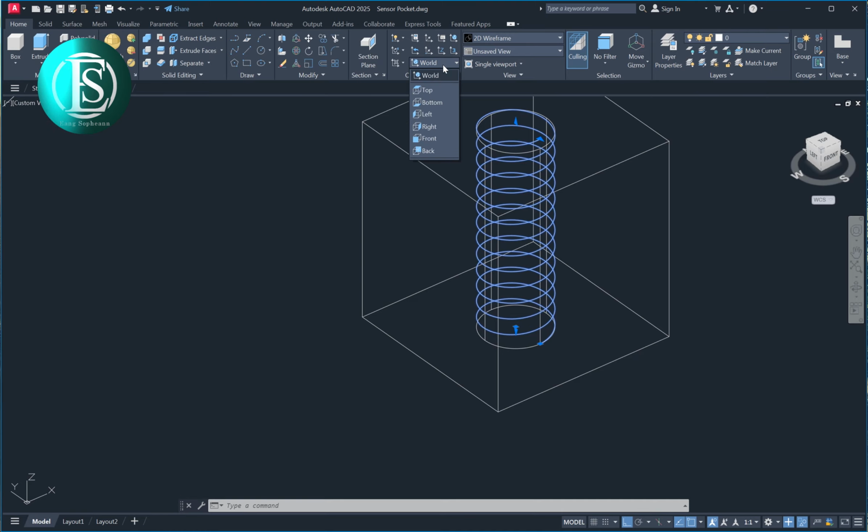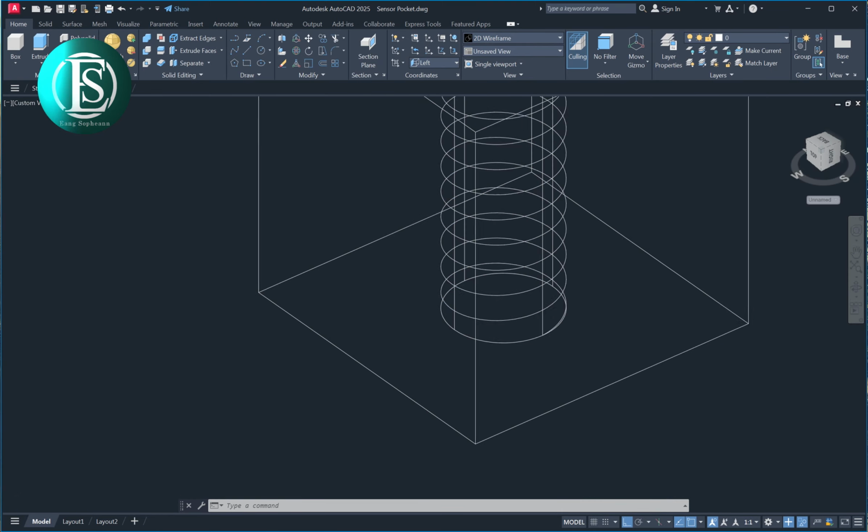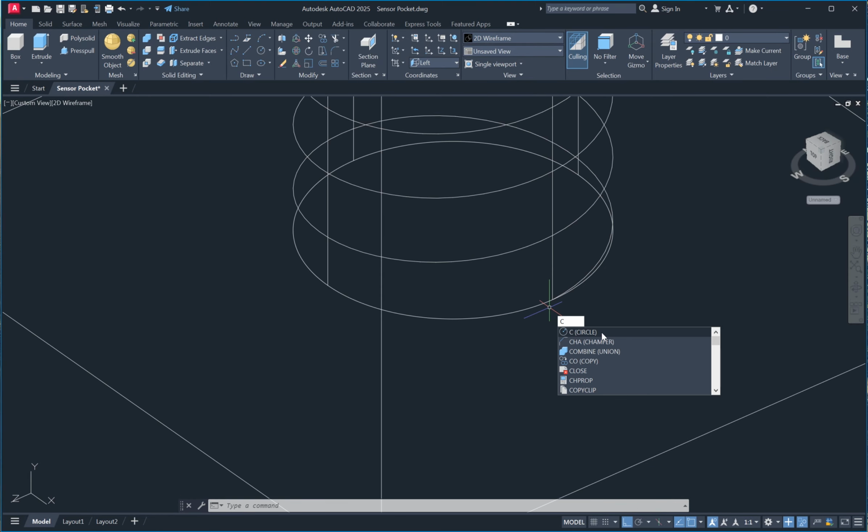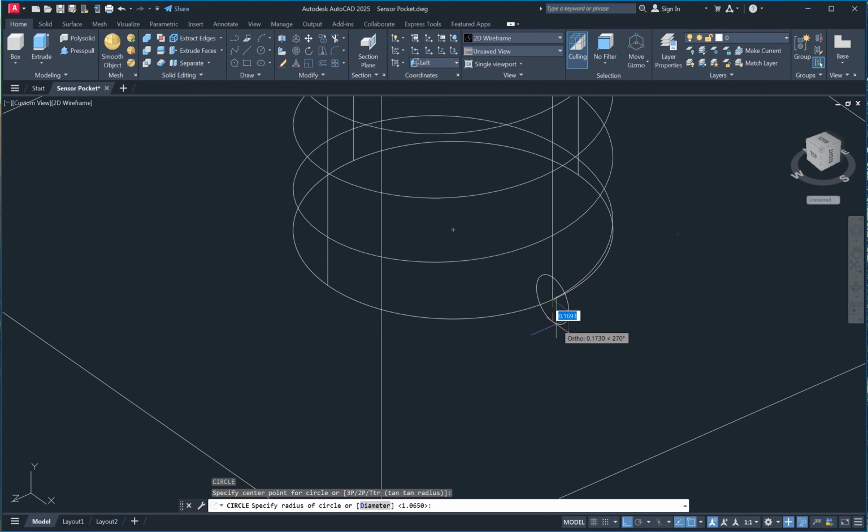So I go to left, create one circle, C enter, specify center point, radius 0.5 enter.